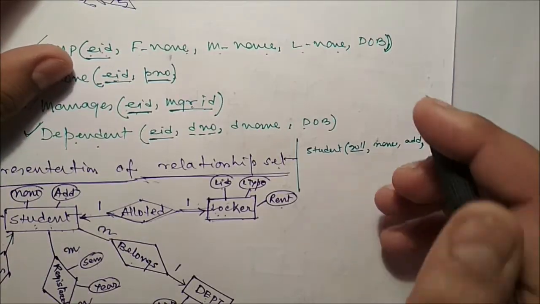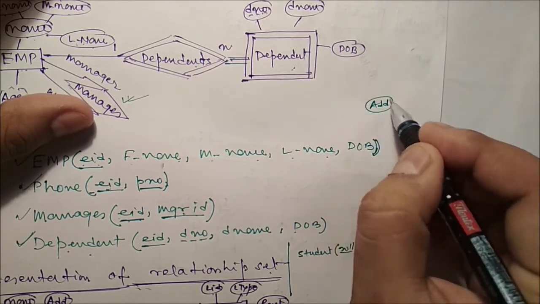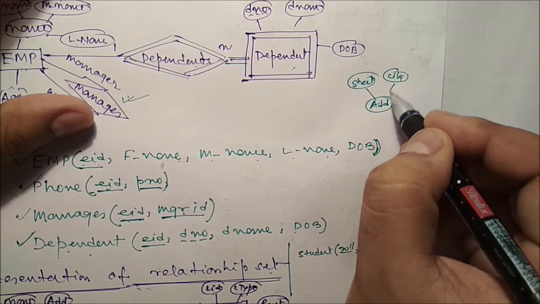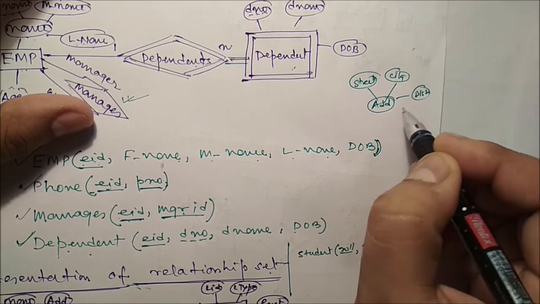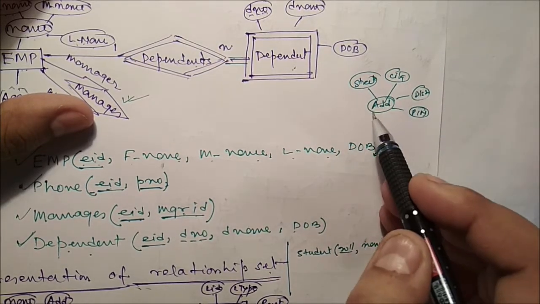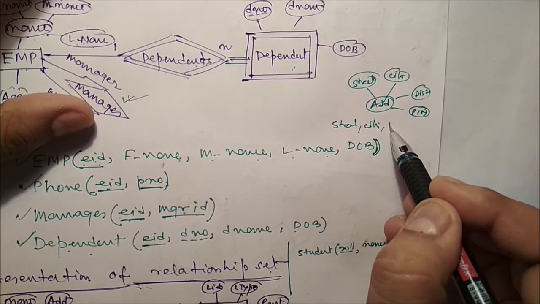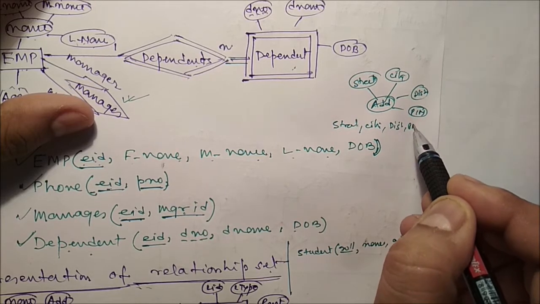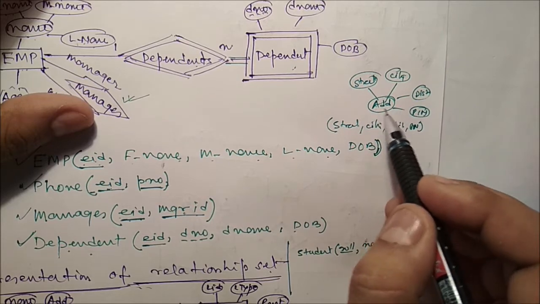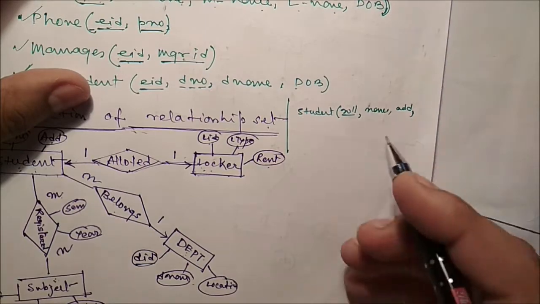Now here address, for example, if address is like that, we have already seen. If it is like street, then city, then district, then pin, in that case you need 4 attributes, not the address. So you need street attribute, city attribute, district attribute, and pin attribute. Are you getting this one? In that case, an explicit address attribute is not required because it is a composite attribute. So roll number, name, address.